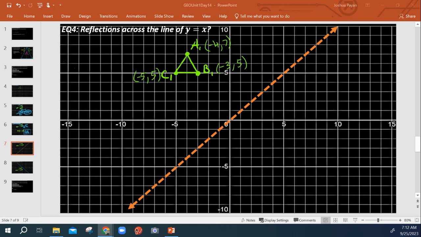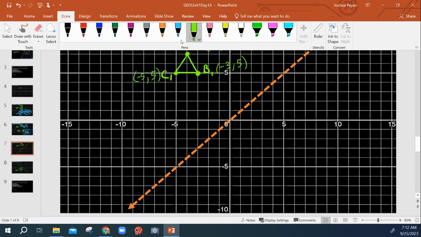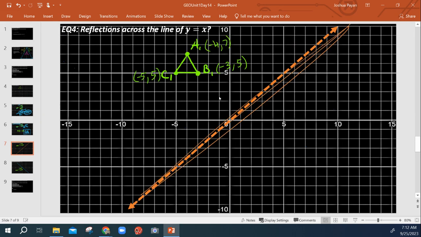Okay, so like this EQ implies, we're going to talk about reflections across the line here in orange. This line here, if you count, it has a slope of positive 1 over positive 1, and we would just say that it's y equals x, right? So that's exactly what we're going to talk about here in this video, is reflections across the line y equals